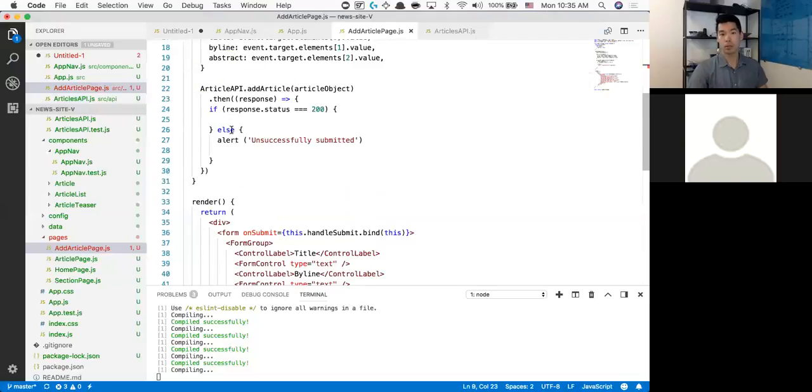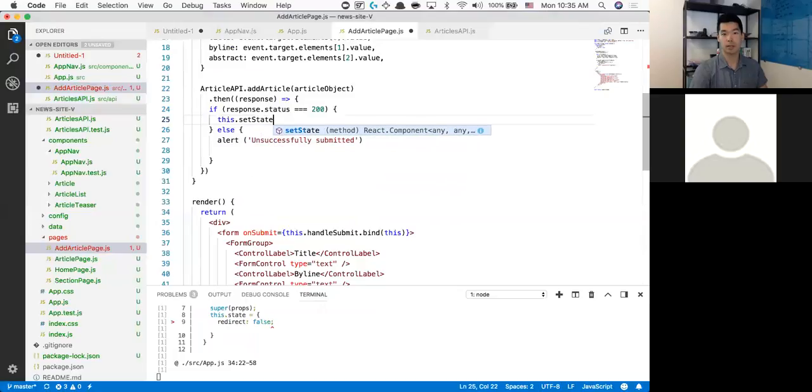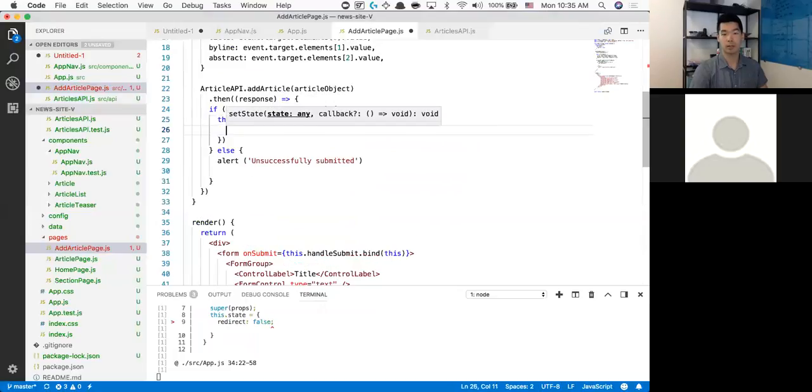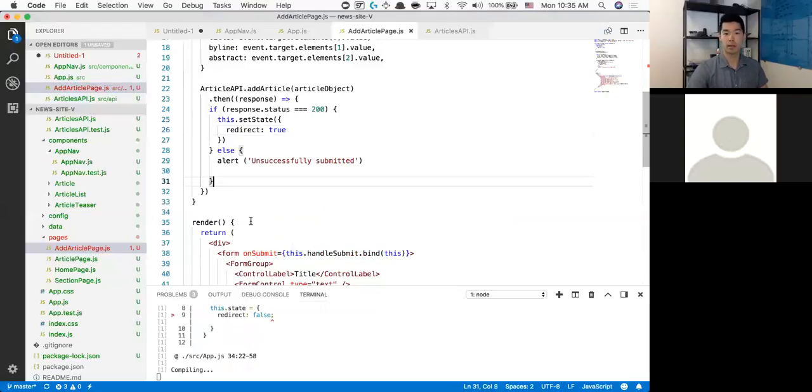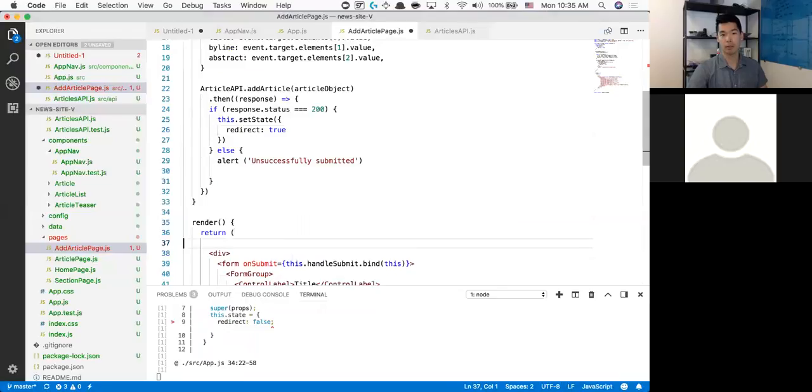If there's this 200 status code, I'm going to do this.setState, redirect is true. And then down here inside the render, I'm going to say